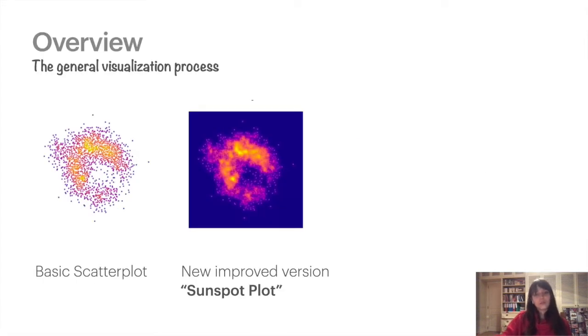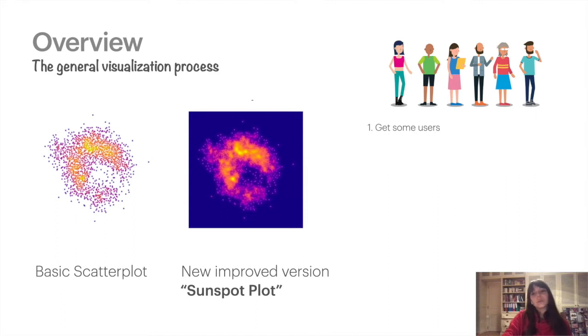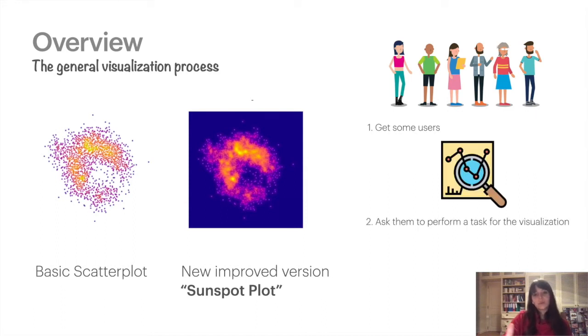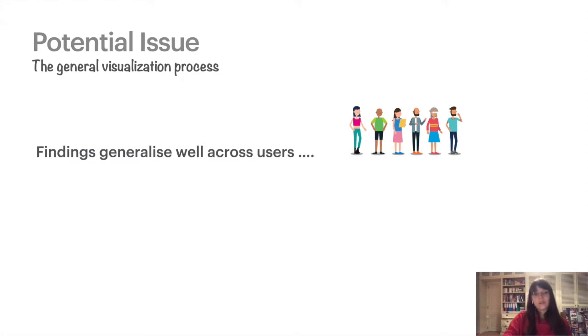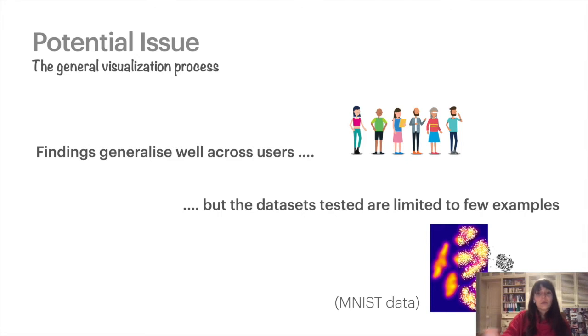So in a general visualization process, somebody proposes an improved version of a design. So here we have the basic scatter plot and a sunspot plot. And how do we evaluate whether a new design is actually better? We get some users, we split them into groups, we ask them to perform a task on this visualization, and then we compare which visualization better supported this goal. And these findings usually generalize well across the user pool, but for practical reasons, the datasets tested are limited to